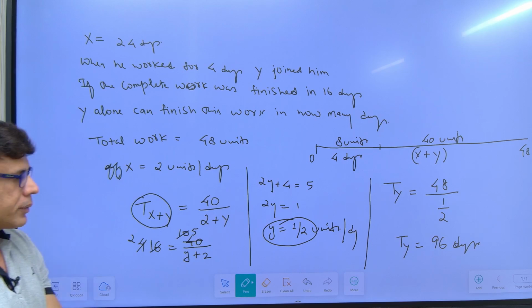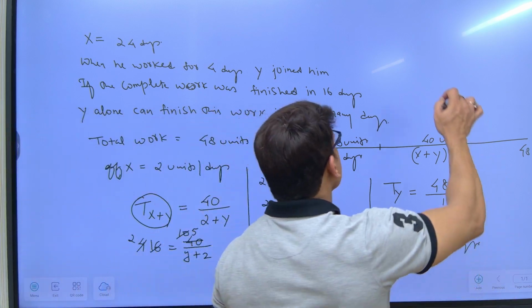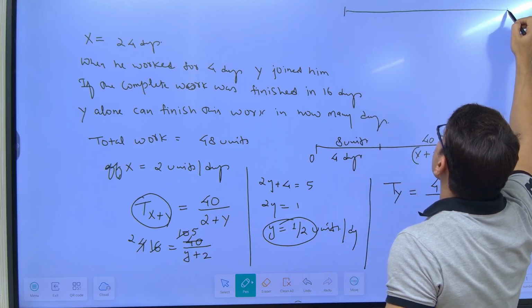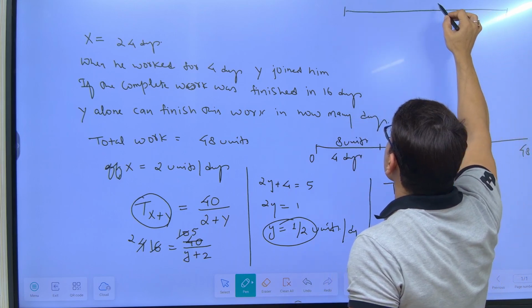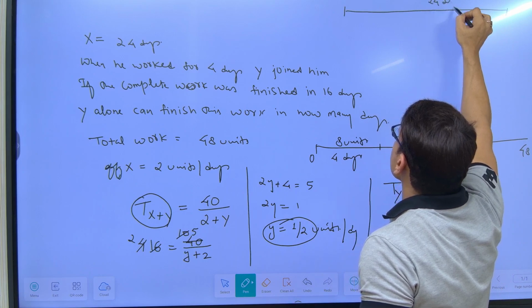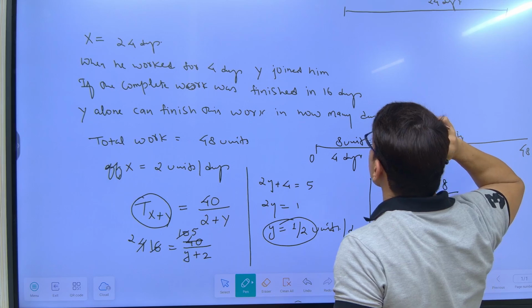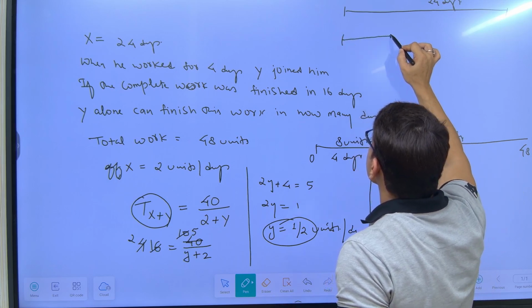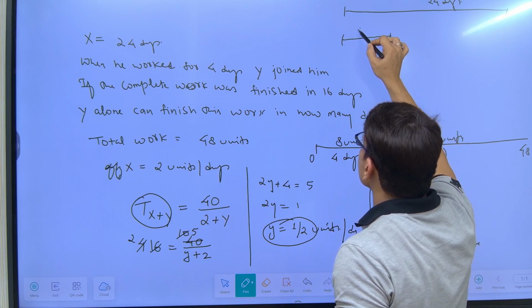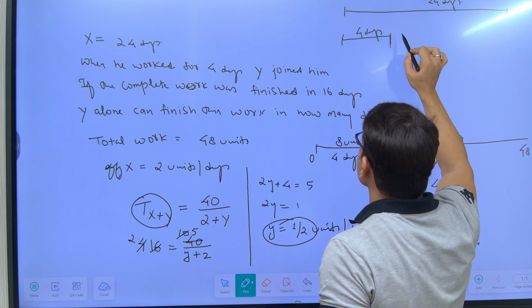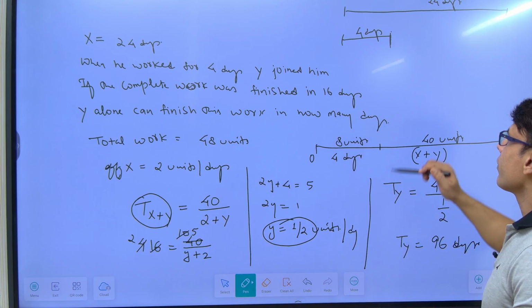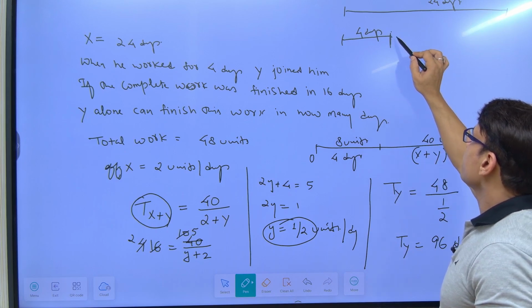So you see in this entire question, what is happening? Initially, X बेचारा आया अपना काम करता जा रहा है, करता जा रहा है, करता जा रहा है. कितने दिन में खत्म कर देगा? 24 डेज में. हाँ, X कर देगा. दूसरे केस में क्या होता है कि X ने काम किया, 4 दिन तक खूब काम किया अकेले, 4 डेज तक. यहाँ पर उसका साथ देने के लिए कौन आ गया, या आ गई y, ताकि मैं तेरा हाथ बटाती हूँ।